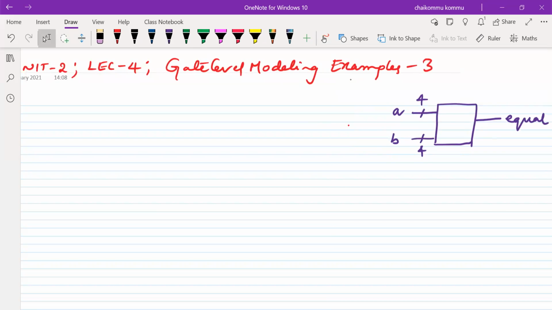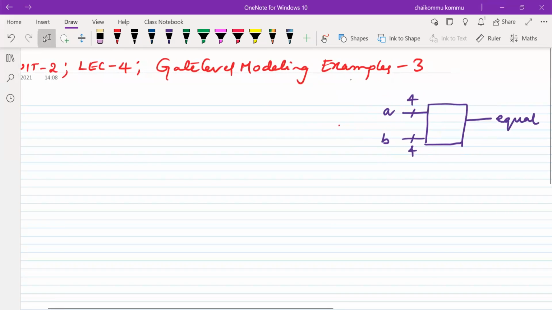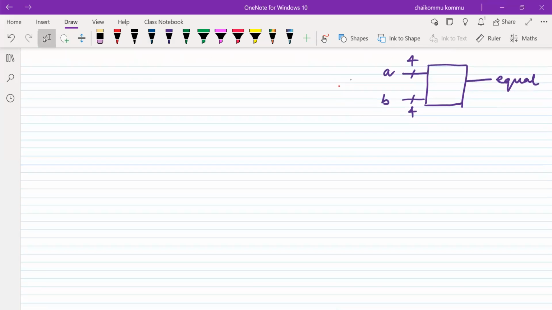For that we have chosen the exclusive OR gate, in fact XNOR is chosen. For an exclusive OR gate, if the two inputs are equal, the function output is 0. For XNOR, if both are equal, the function output is 1, and if both are different, the function output is 0. That is the reason why we have taken that one.